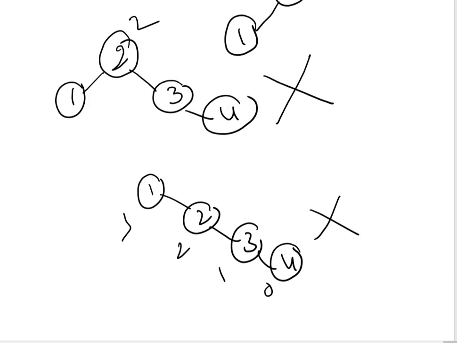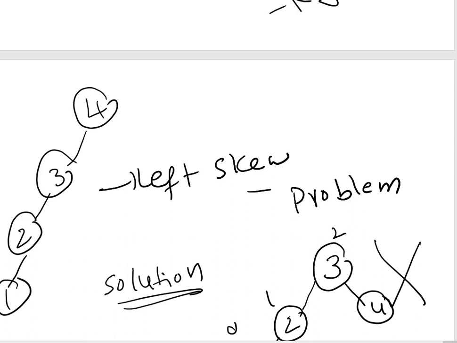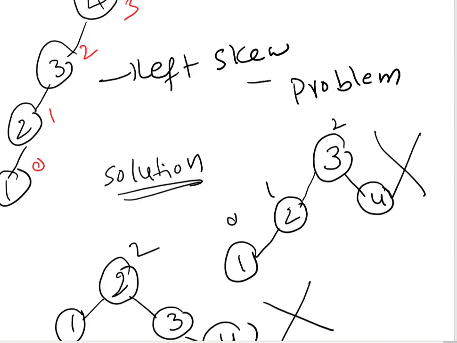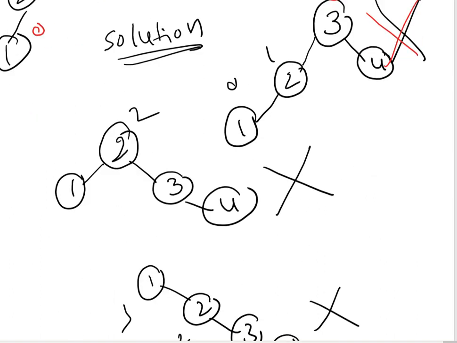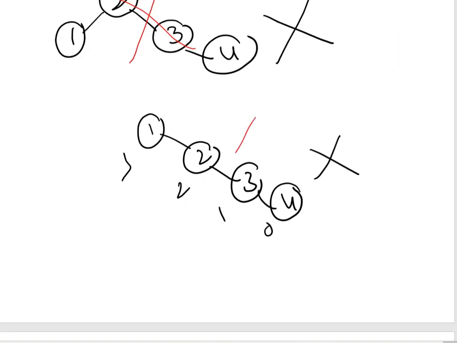Yes sir, I am finding this is still the problem for me, because the heights are like 0, 1, 2, 3. So height should be 1. So I change it to this one. Still here as well we will get 2. So this is not a solution. I changed the root as 2. This is also not a solution. I change the root as 1. This is also not a solution because I am getting 3.